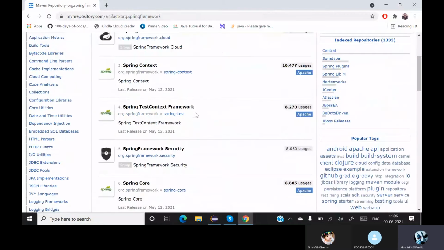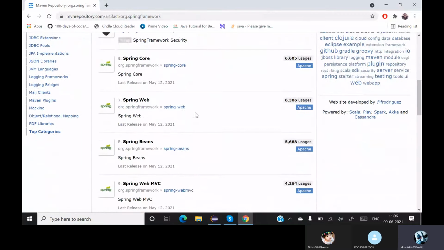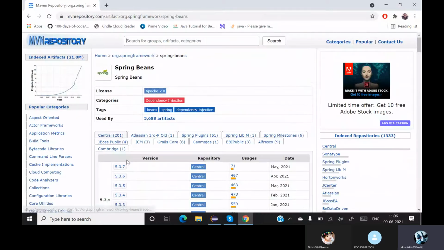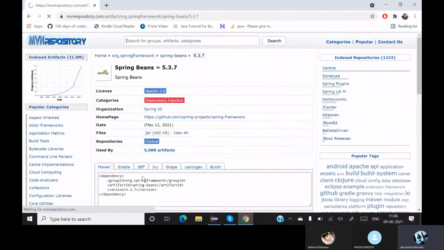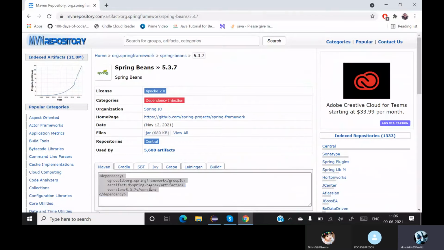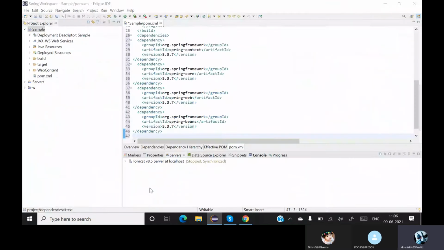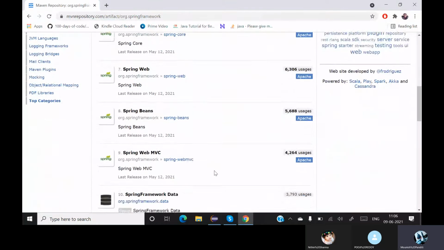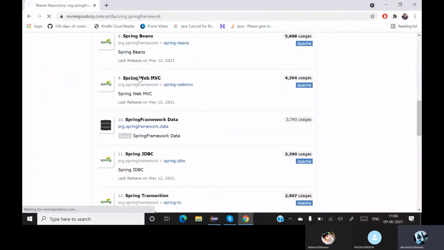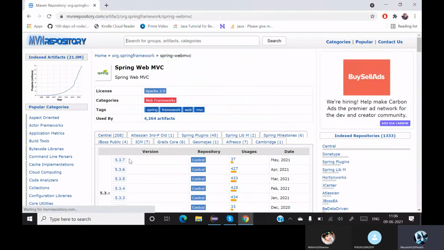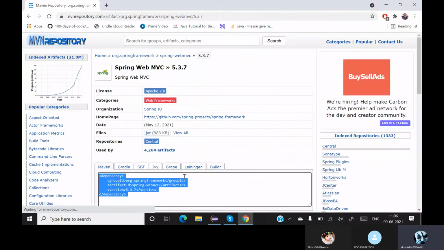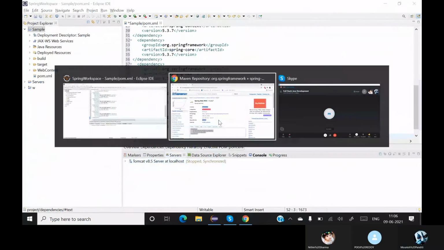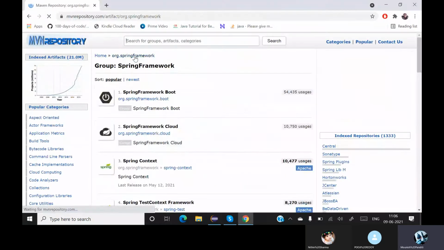There are many things you will need, so one by one we'll take everything. Spring is completely based on beans, we have seen that already. So Spring Beans. After Spring Beans, let me go to Spring Web MVC.